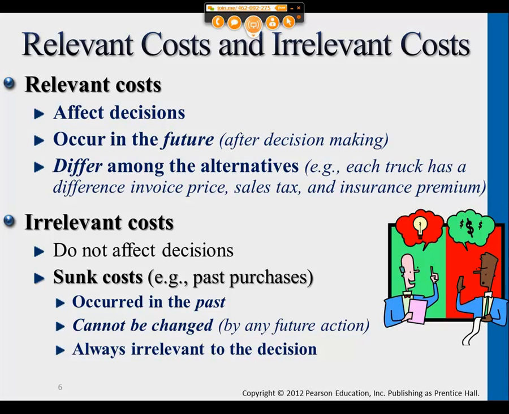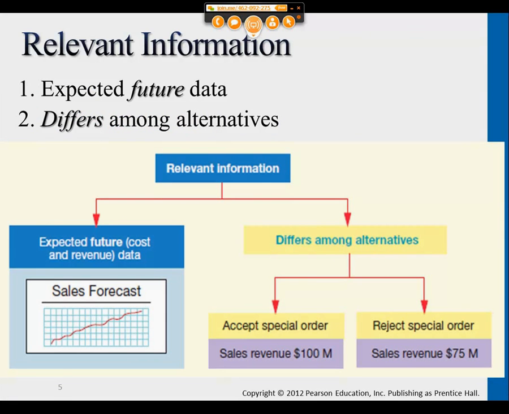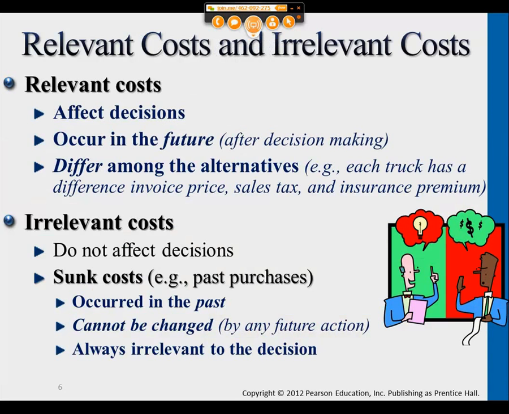We just said that we have some relevant information, right? Within that relevant information, we also have relevant costs and irrelevant costs that we need to distinguish. Which cost should we never account for, and which one do we include? Which one do we need to understand and know how to account for? Our relevant costs are going to be costs like,